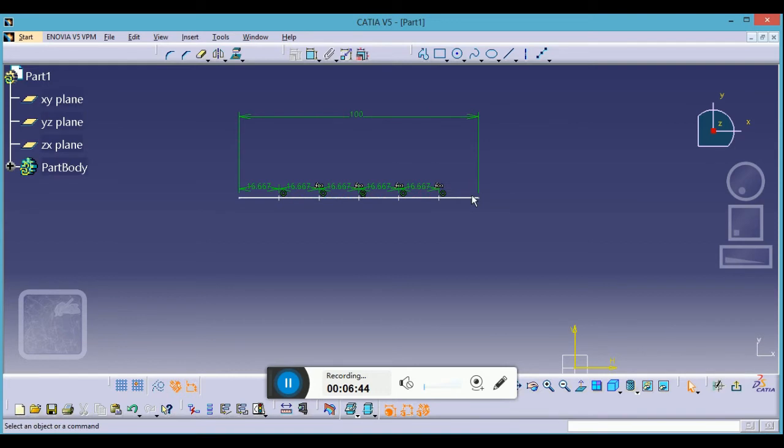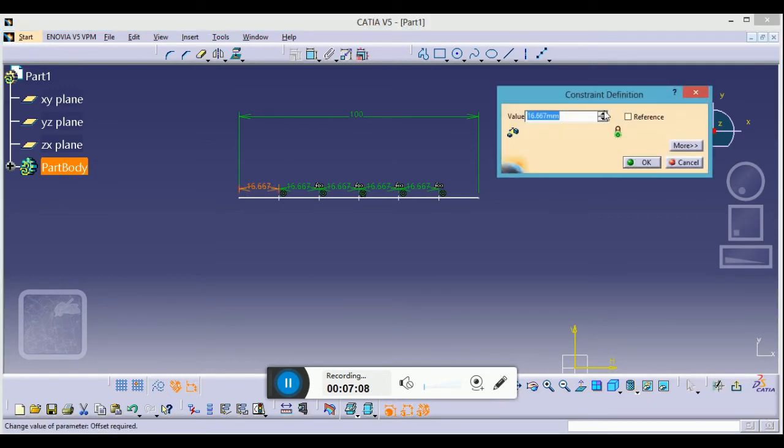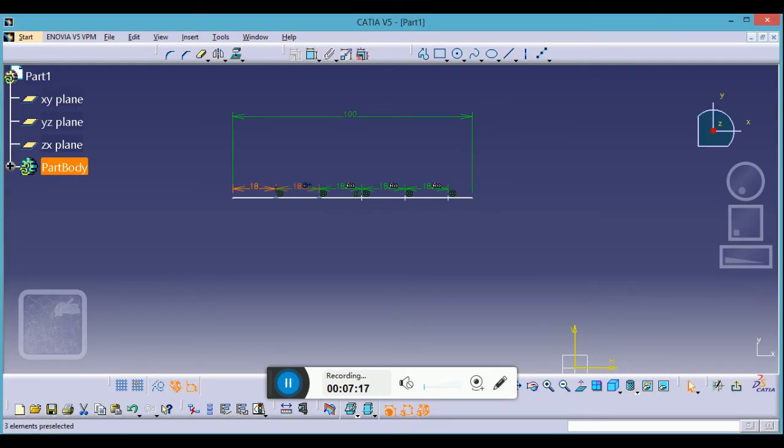What you can see from here is that whatever dimension it has taken here has an fx, function of x, and what is x over here? X is this first value. If I change this value, I'm making it 18. Just make it 18. If I make it 18, you can see that it is taking 18,